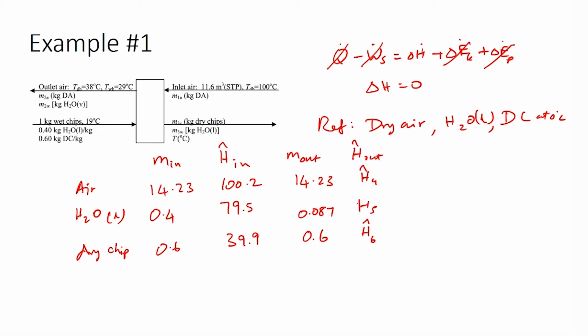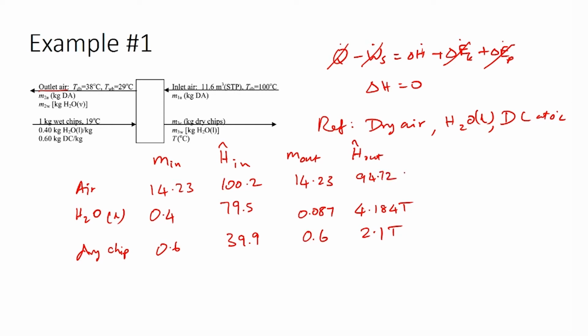For the outlet streams, we do not know the temperature for the wood chips and water liquid. So, we will just use final temperature as T, and the initial temperature based on the reference state is 0, and because of this it will just be Cp times T: 4.184 T for water liquid and 2.1 T for the dry chips which are leaving. Now, this H4 cap, where do we get this H4 cap? This is the value which we obtained from the psychrometric chart. The psychrometric chart gave us the value for this air water mixture which is leaving as the outlet air, and this was identified to be